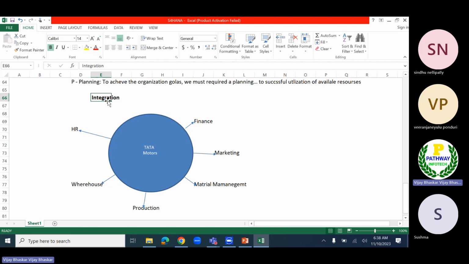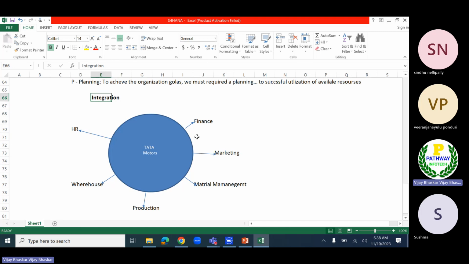What is meant by integration? Integration is a conjunction between all the departments, where there is interconnectivity between all the departments, and each and every department is dependent on other departments.